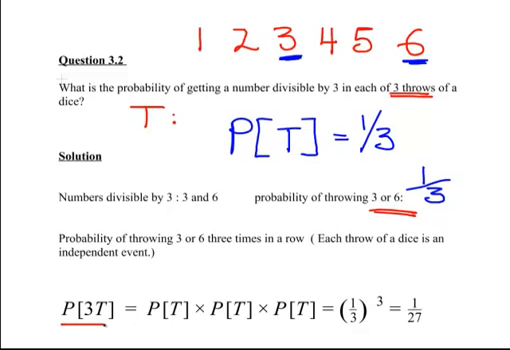We're going to call this event 3T. 3 times we get the same event, or we get a number divisible by 3. So essentially, it's probability of T in the first throw, probability of T in the second throw, probability of T in the third throw. So all we have there is 1/3. It's 1/3 by 1/3 by 1/3,